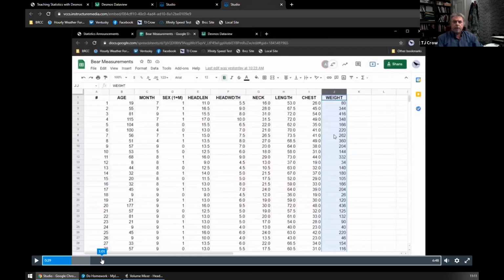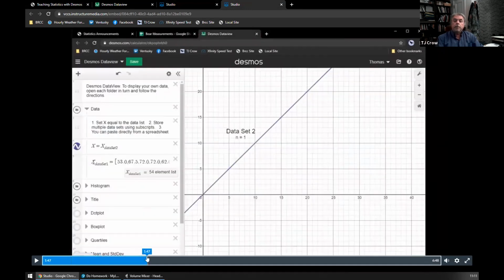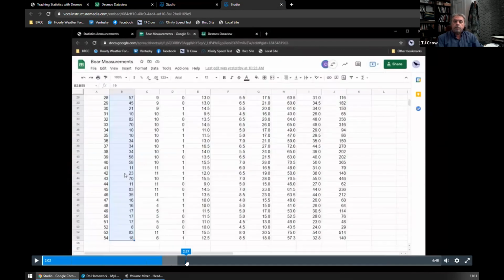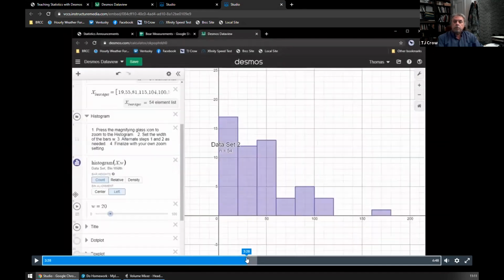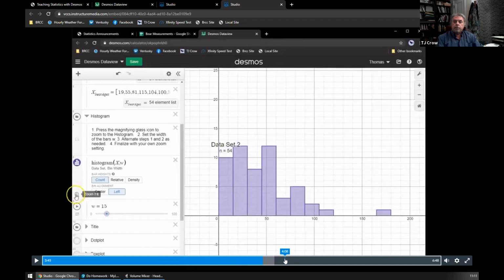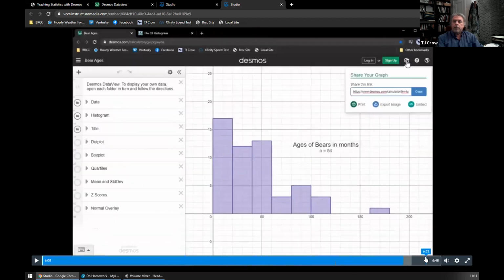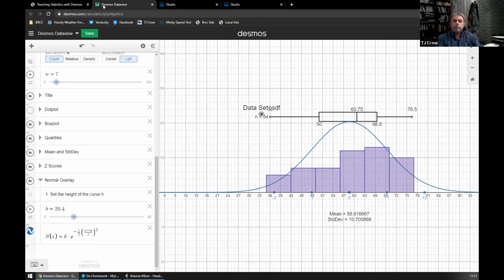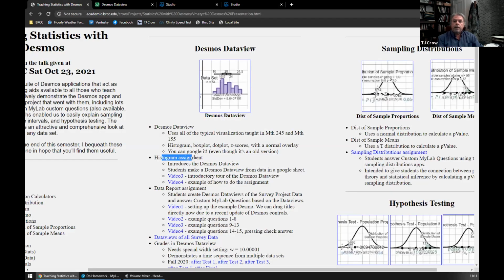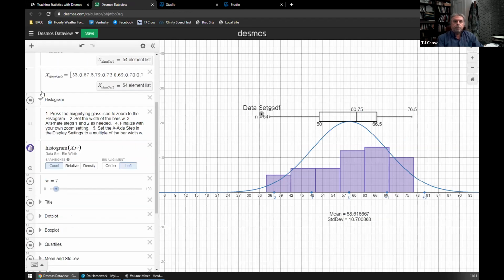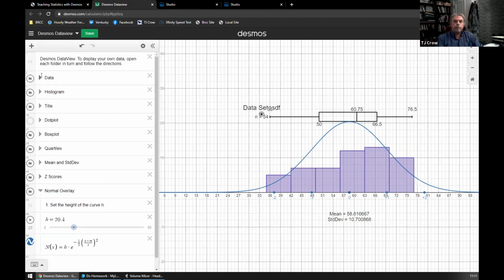where they take a data set off of a Google sheet, copy the data, and put it into the Desmos Dataview. There it is. And then fool around with the settings until they end up with a nice looking graph. So there's an assignment that just says do the histogram, basically taking care of the first 3 folders here in the Desmos Dataview. Then